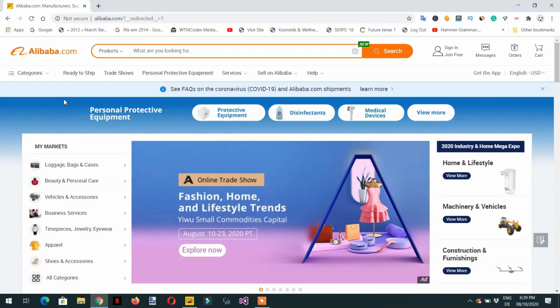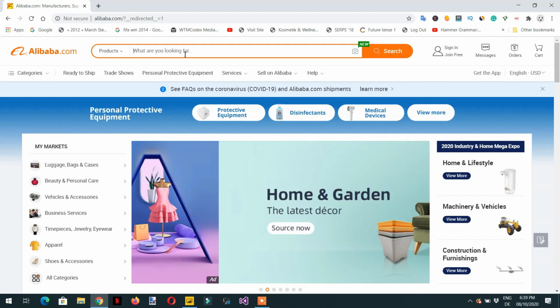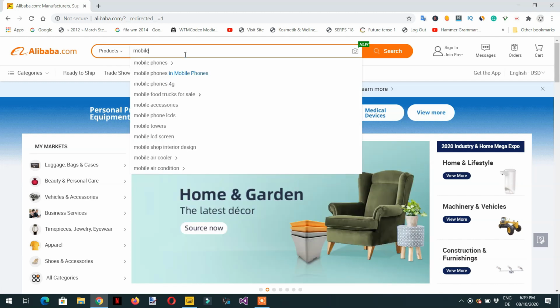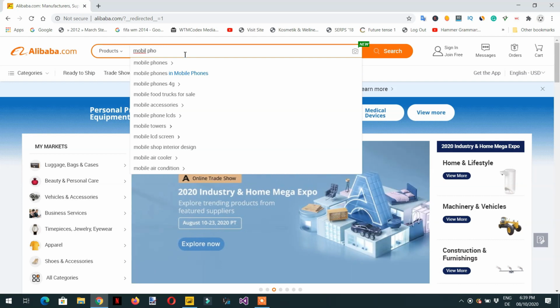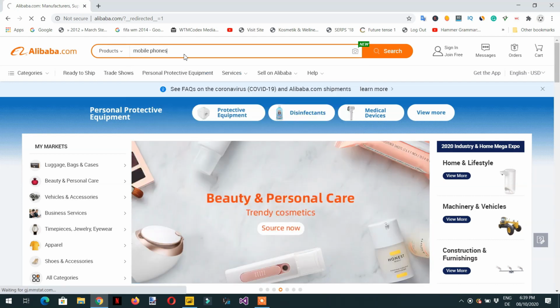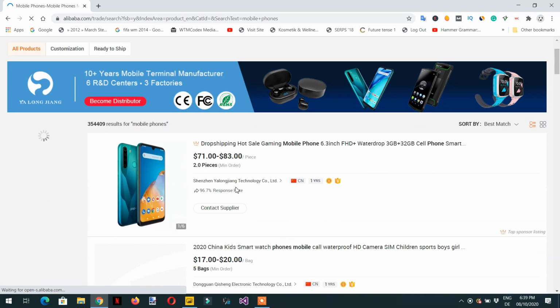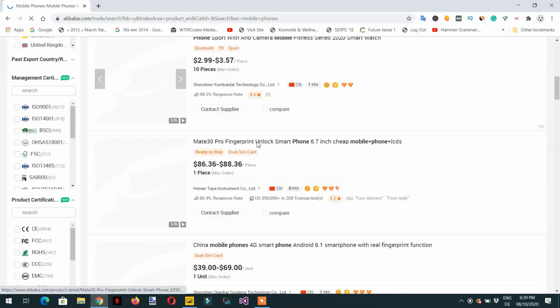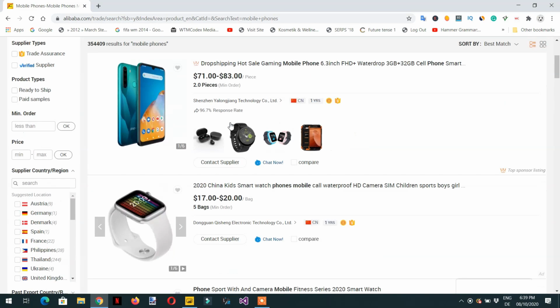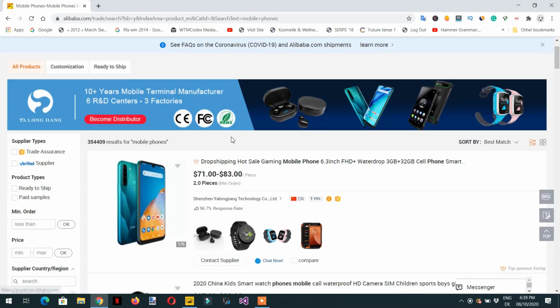In this video, we will do one more case study on Alibaba.com. So here you can see, for example, if I try to search mobile phones, and you can see different mobile phones here and different sellers, prices, as you have seen in the last video as well. But in this video, what we will do more,